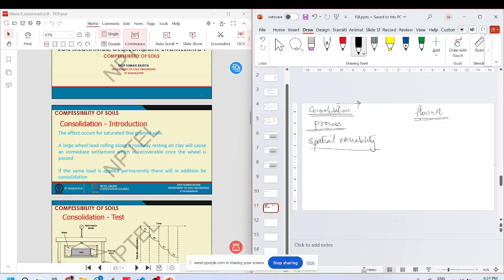Basically, when we are talking about seepage and permeability, not necessarily permeability, but let's talk about seepage. Seepage is flow of water. What is the Laplace equation? Yes, please. Laplace equation. I could not hear you. I'm talking about the Laplace equation. There we have